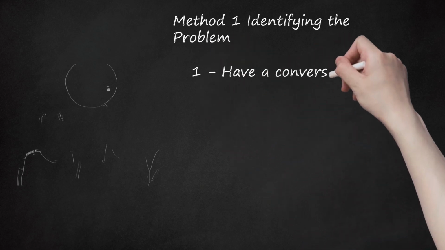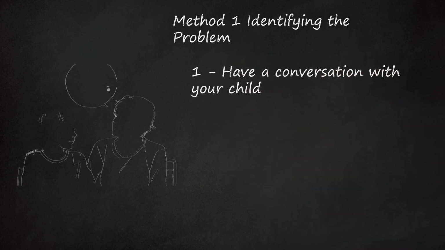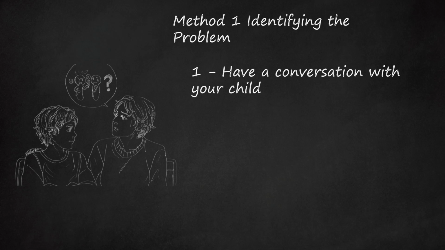1. Have a conversation with your child. After seeing your child bullying someone or hearing a report that your child was bullying someone, talk to them immediately. Say exactly what you saw or what the authority figure reported to you. Tell your child that you love them, but you are concerned about their bullying.